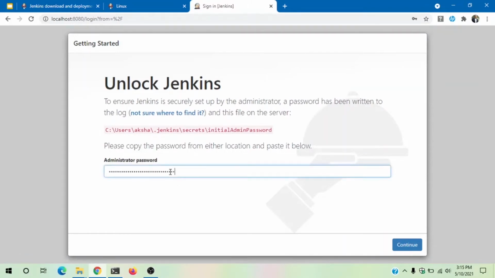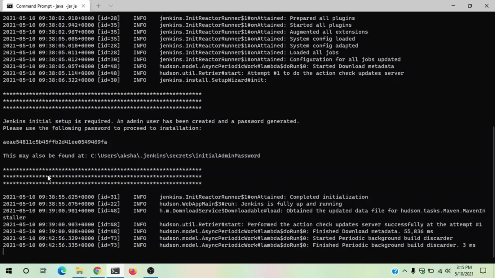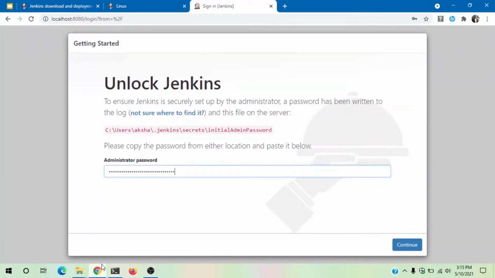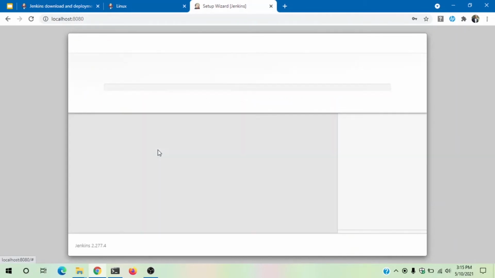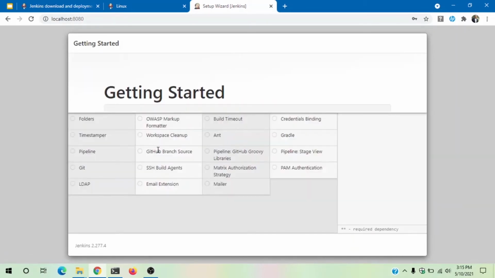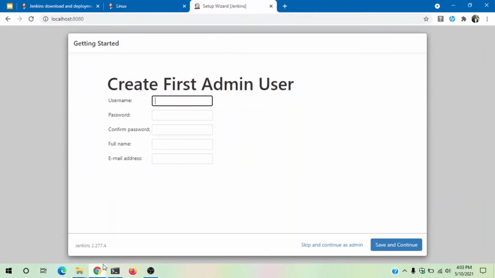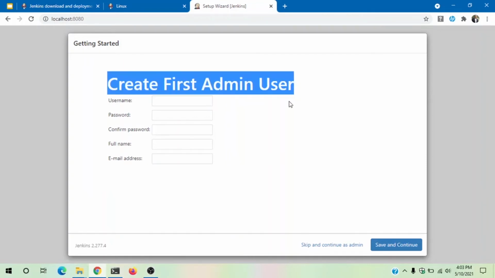You have to paste the admin credential which you have got from the command prompt and paste it in the administrator password and click on continue. In the next window, you have to click on install suggested plugins and Jenkins will automatically install a few important plugins for you. Once the plugin installation is completed, you will be presented with a screen where you have to create your